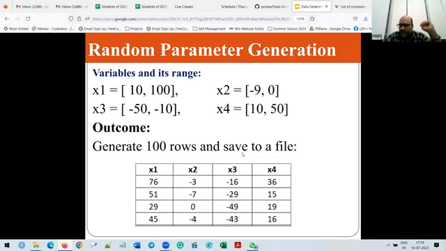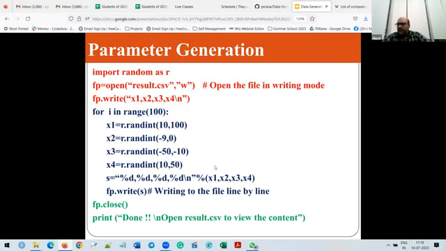Perfect. Okay. चलिए good. Now अब इसकी कोडिंग क्या रहेगी क्लास? If you want to implement in Python, then first import the random library. एक फाइल ओपन किया हमने, and then I just write the header x1 to x4. तो ये हमने पहले लिख लिया.